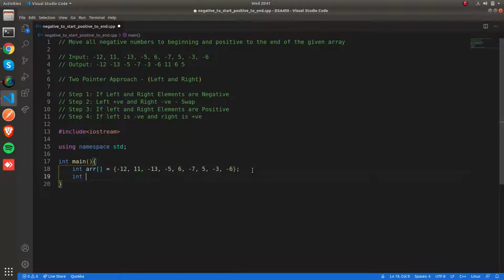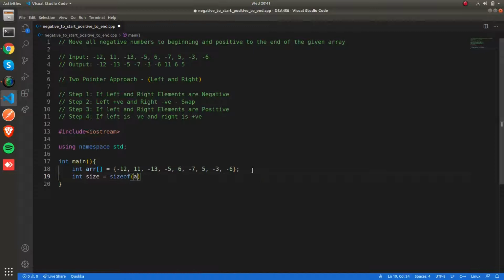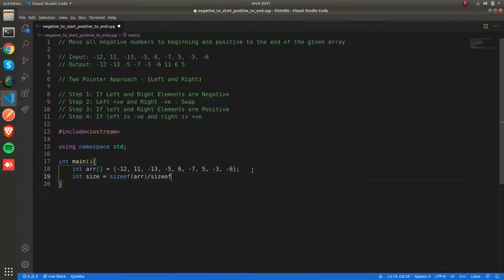So okay, now we are going to calculate the size of the array. You can do it with sizeof array divided by sizeof array of 0. So this is how you calculate the size of the array.